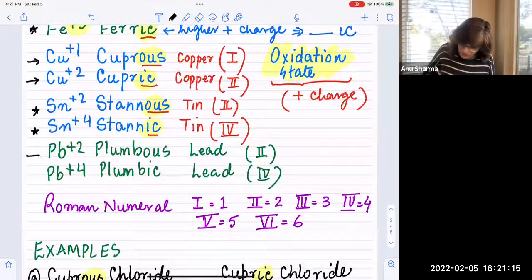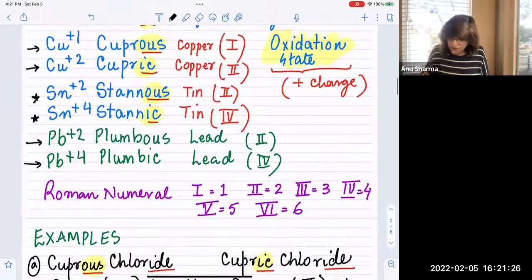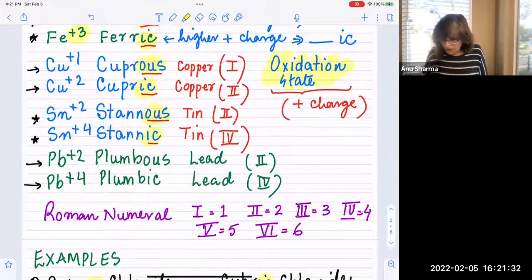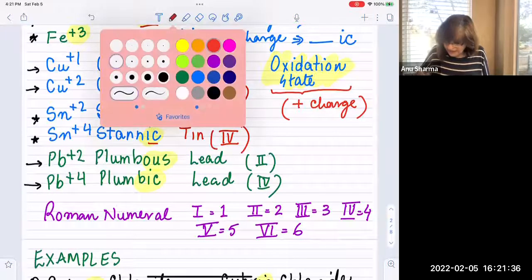And then you have lead also, same story. +2 and +4, two charges lead can form. Lower oxidation state is plumbous, higher is plumbic, and so forth. There are many others. So we use Roman numerals also to write their names. So instead of using the -ous and the -ic terminology to show the lower or the higher states, we can